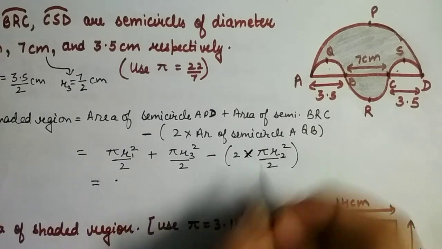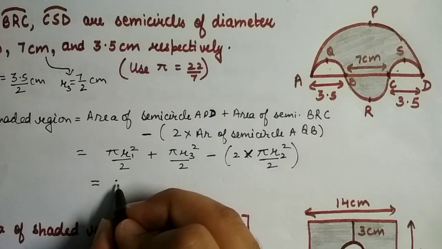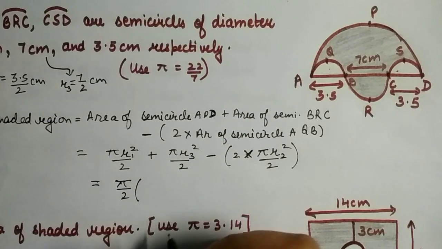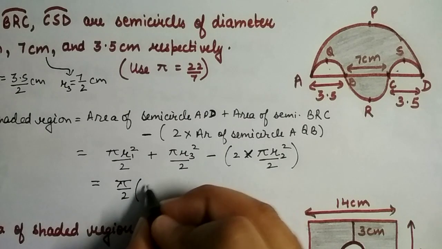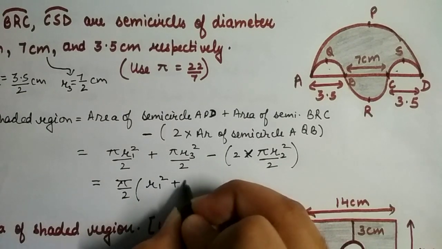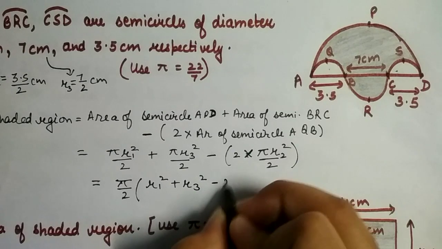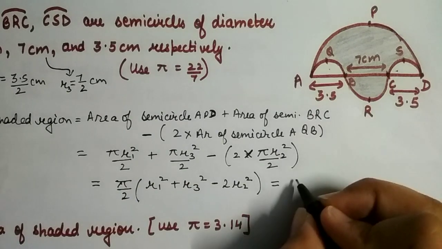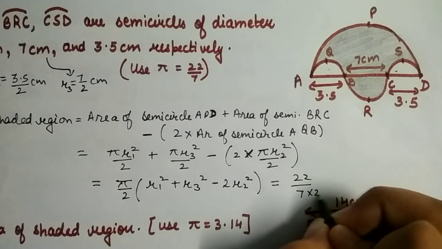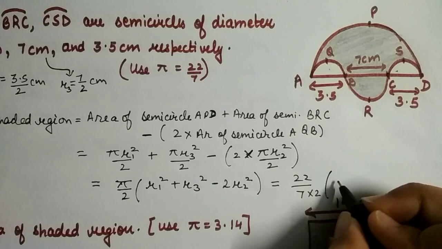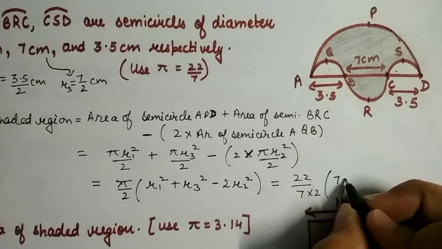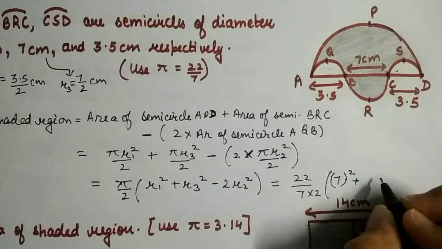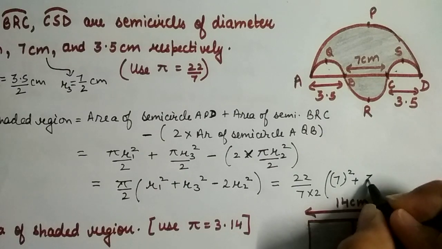So you can take pi by 2 common. Take out pi by 2 common, and you will get R1 square plus R3 square minus 2 R2 square. Okay, so it is 22 by 7 into 2, and R1 is 7 centimeter, so square of 7 plus R3 is 7 by 2, that is 3.5